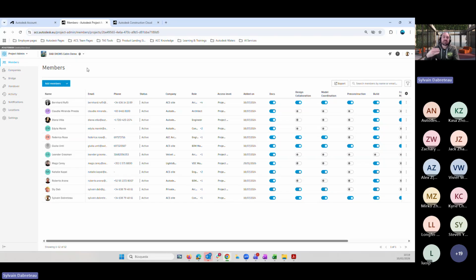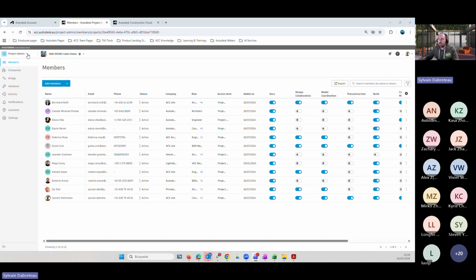We need to update our technology, and BIM 360 is becoming too old. So we are moving all our clients from BIM 360 to ACC. People still work and manage projects in BIM 360, but now we want everyone to work on ACC because it offers more options. It's more stable, more intuitive. I don't know if it's clear.